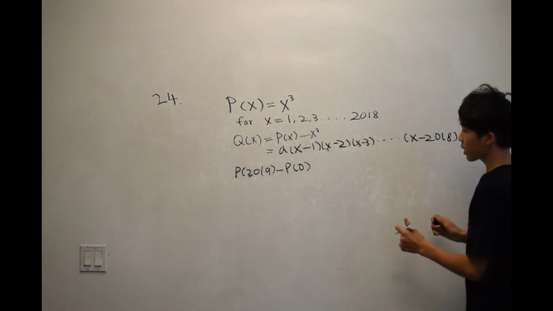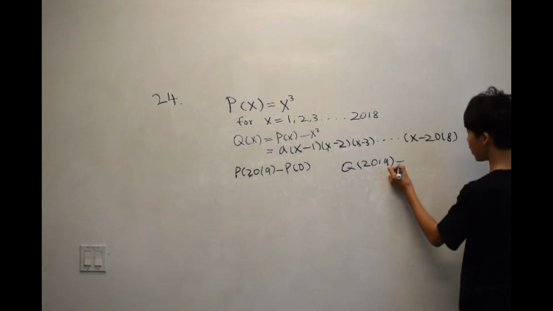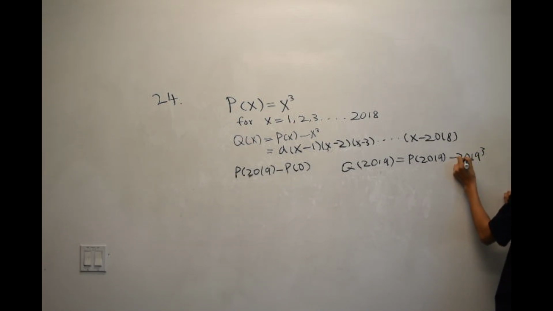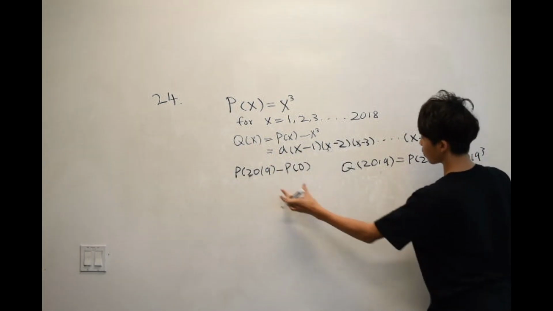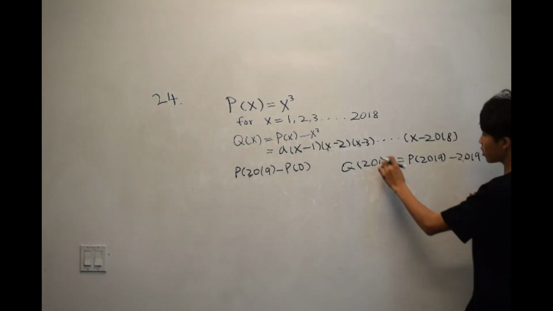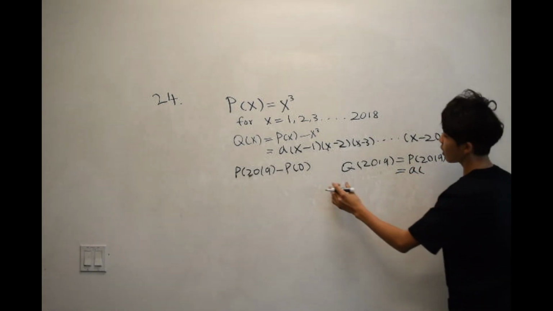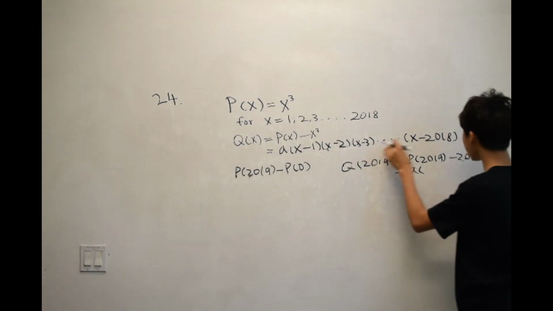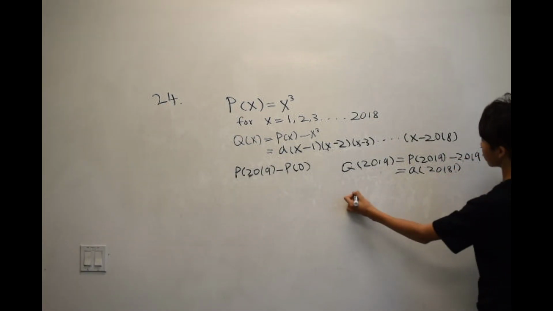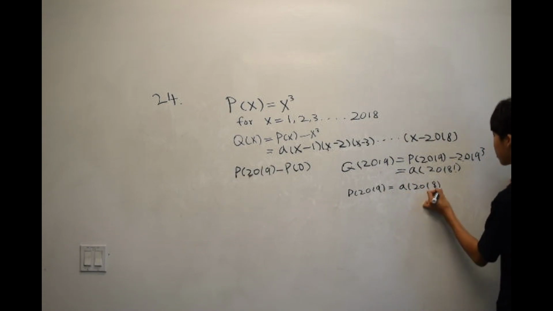What we can do is find Q(2019). We know that this is P(2019) minus 2019 cubed. When we plug 2019 in as x, we can put it into this equation and also this equation. If we plug it into the first equation, we get this, and if we plug it into the second equation, we get a times (2019 minus 1), which is 2018, 2017, 2016, all the way to 1. So it's 2018 factorial. And this means P(2019) is a times 2018 factorial plus